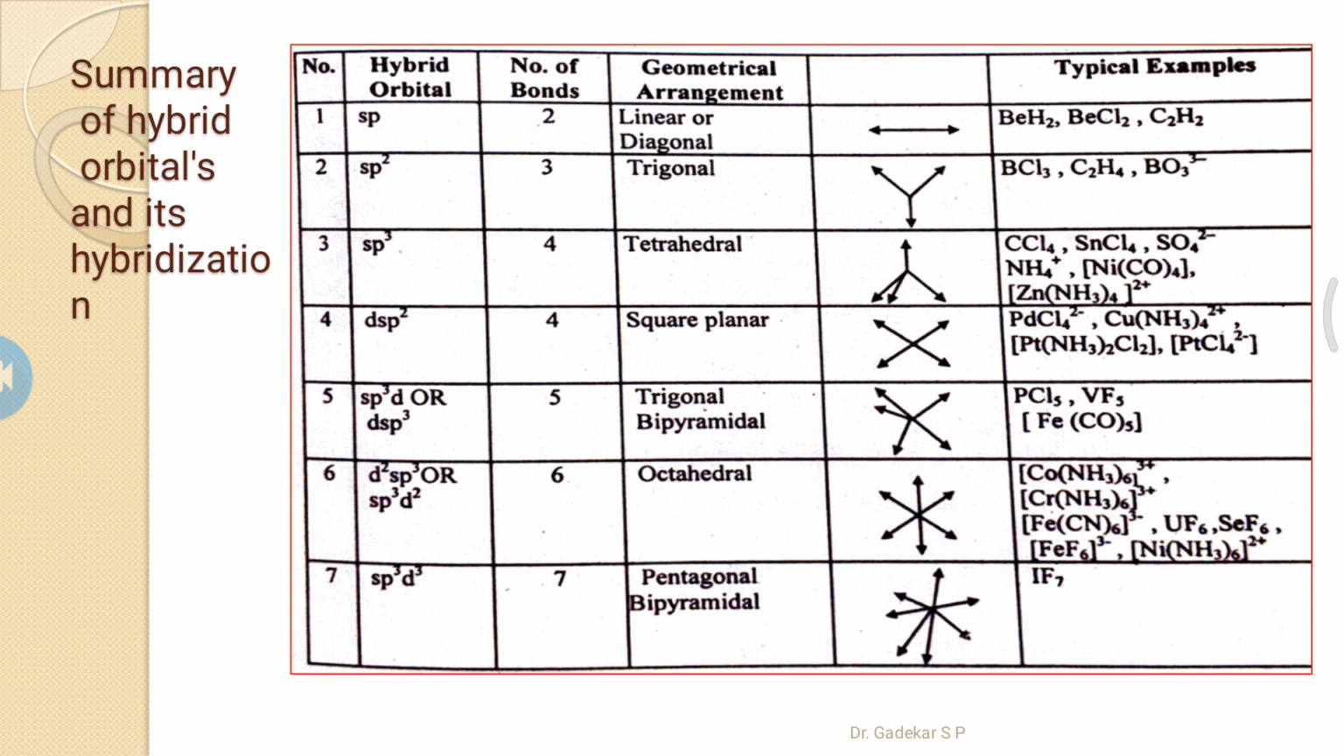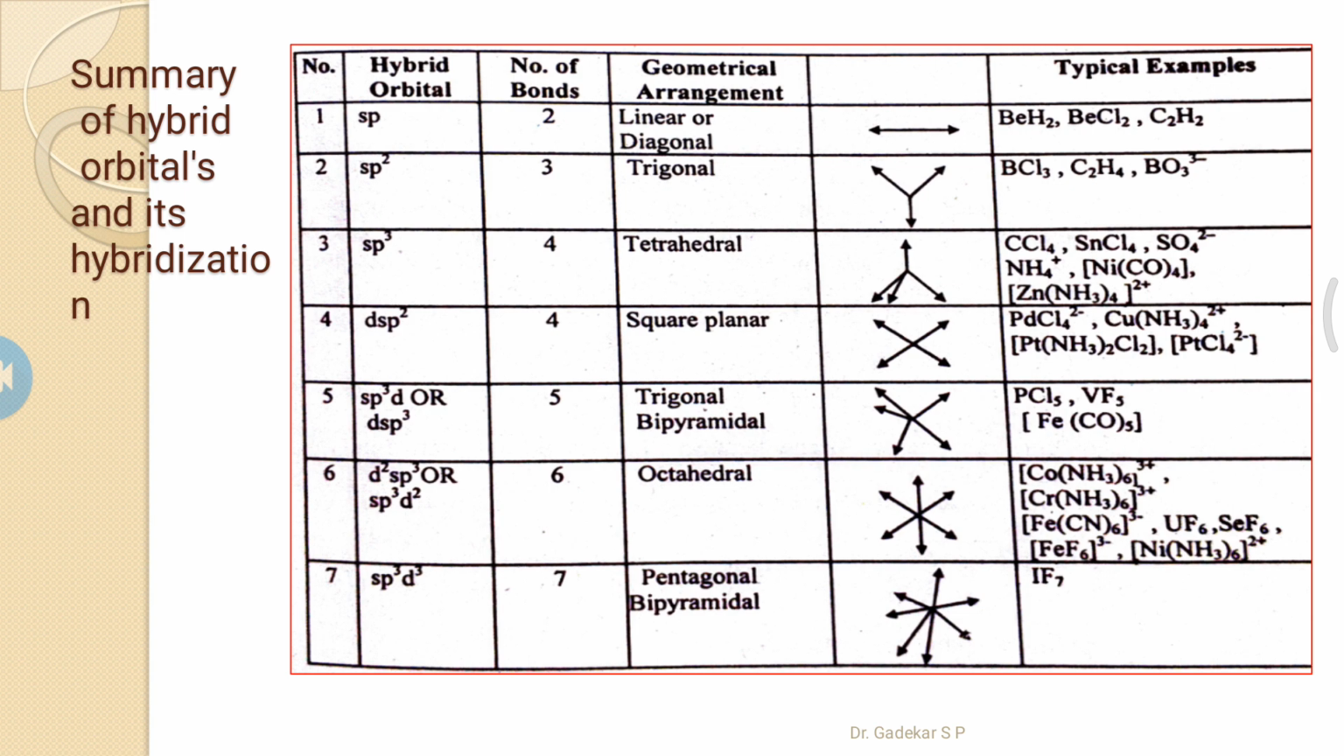Okay, so this tetrahedral geometrical arrangement involves tetrachloromethane, the methane molecule, SnCl4, ammonium, etc. Nickel tetracarbonyl involves sp3 hybridization. Fourth example, dsp2 hybrid orbitals, meaning 1d, 1s and 2p are involved. In this dsp2 hybridization, 4 bonds form a square planar geometry, that is palladium,